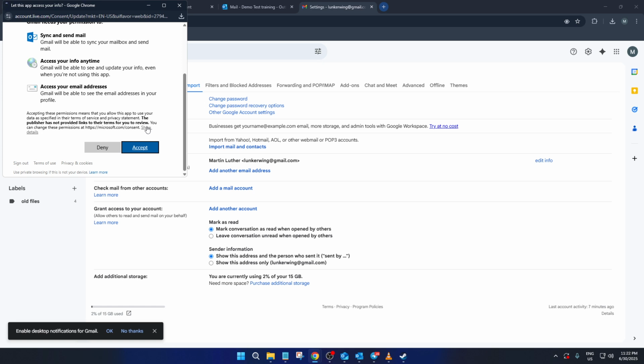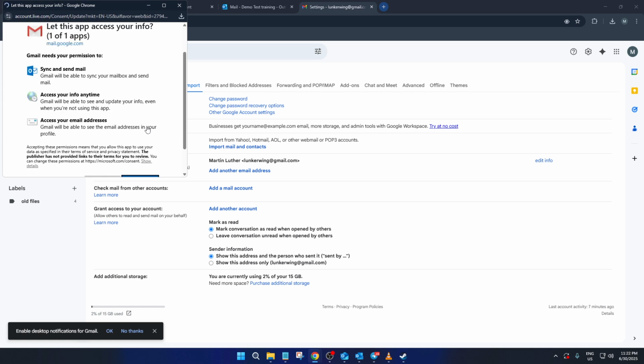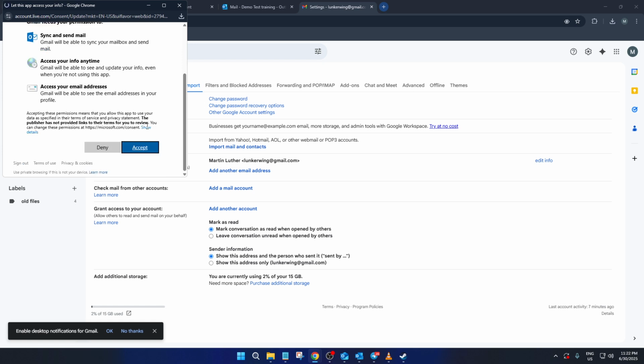And there you have it. By following these simple steps, you've successfully integrated your Outlook email with Gmail, allowing for a seamless and efficient email management experience. This setup ensures that all your important messages are consolidated in one place, making it easier than ever to stay